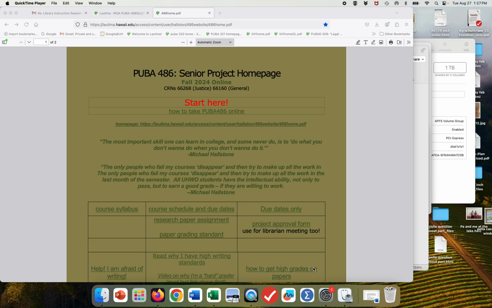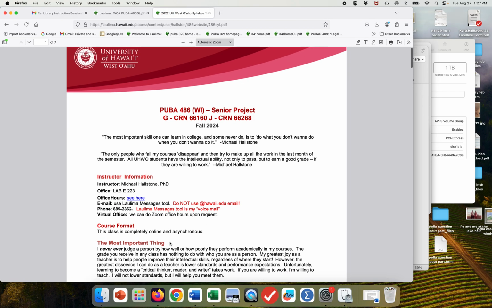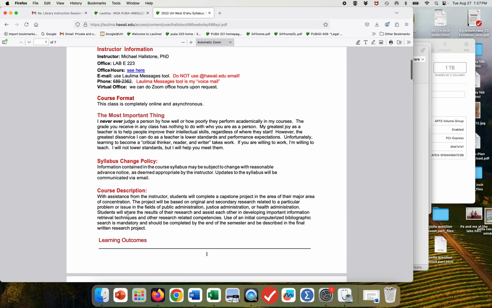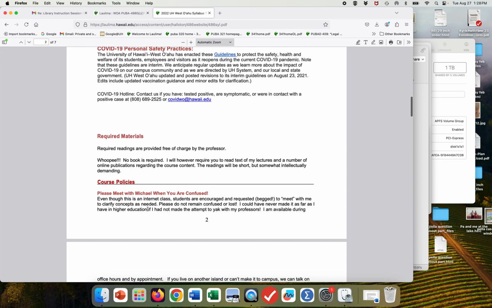A short explanation of how your grade will be determined and a few rules. Most of this is in the course syllabus, and you need to read it, okay? You don't have to read all of it. Some of this, as you know, they make us put in there. So if you've already read it, you don't need to read it a second time.